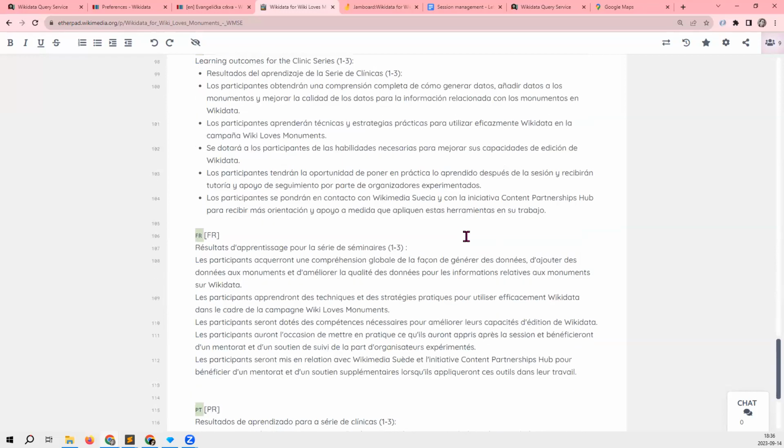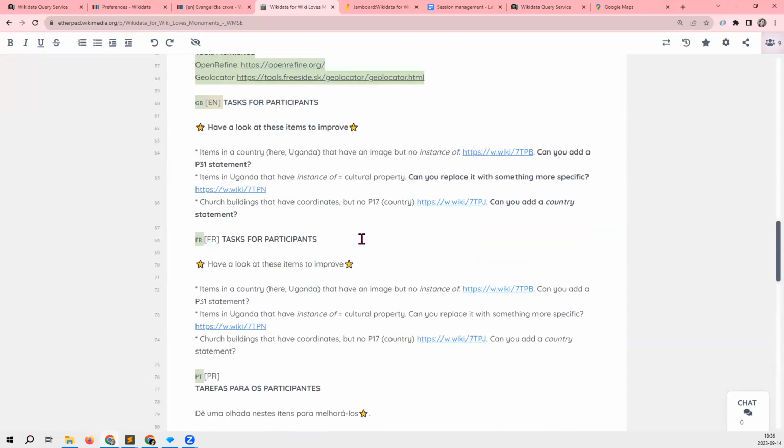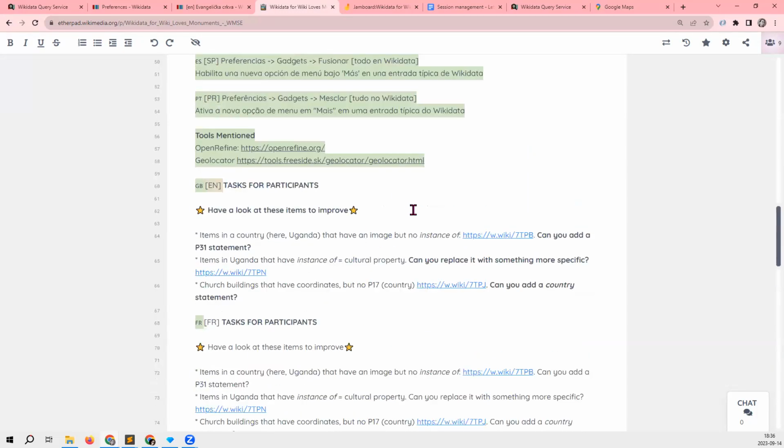In the Etherpad, there is a headline with tasks for participants, which are obviously just suggestions. I have collected a number of SPARQL queries that demonstrate very simple structures you can use in the query interface to find interesting things.